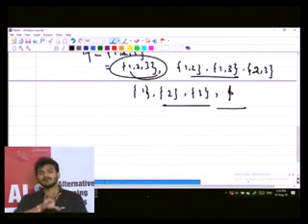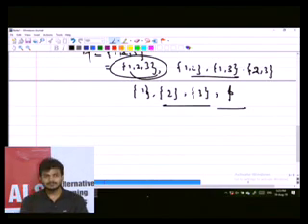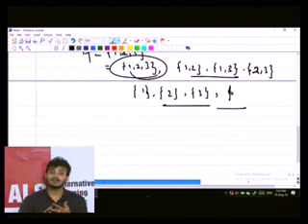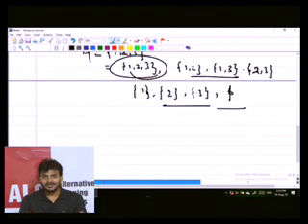Always remember, phi is always a subset of any given set. If you have 5 or 6 elements, a subset means you can make a set by considering any number of elements. You can take one element, two elements, six elements, or no element from that set, which is called phi. Is it clear? So this one is not a proper subset. These are all proper subsets, but combined they are called subsets.